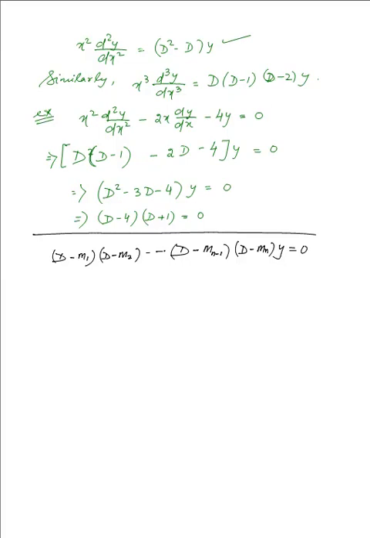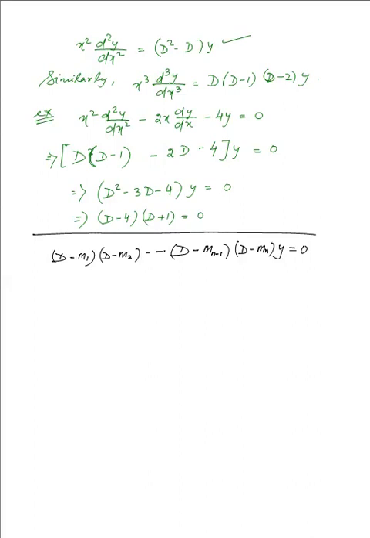Now, rewriting that equation from the previous page for reference, what I get to know is that each of the operators will commute with one another, because we have the 0 on the right hand side. So each operator acts on the expression to its right. The complete expression will be 0 if the result of the first operation is 0 as well. And it is to be noted that any one of the n operators can be written immediately before y, and it then follows that n solutions of any one of the n equations can be obtained as follows,